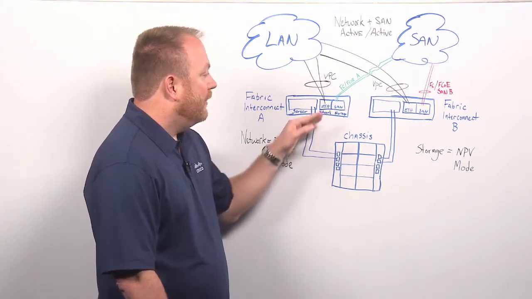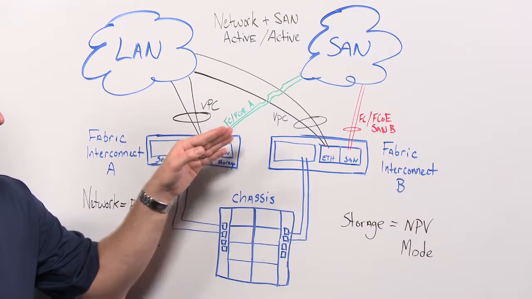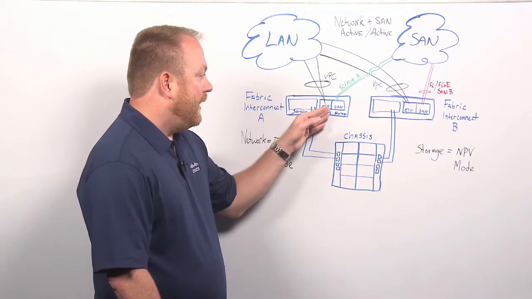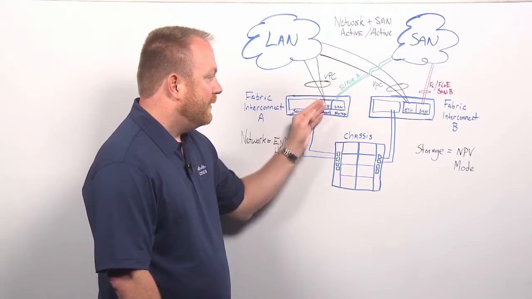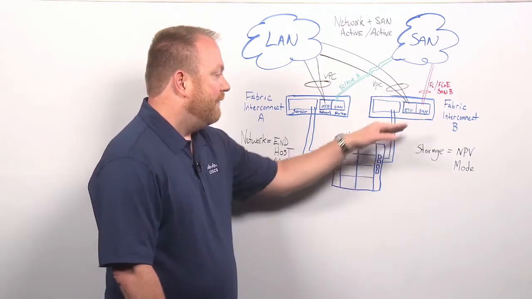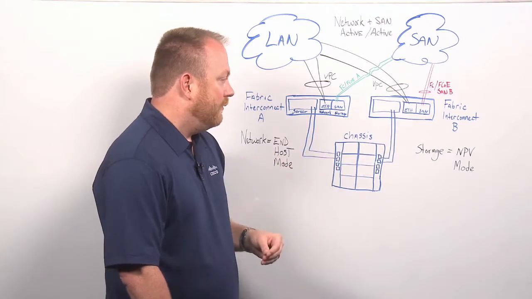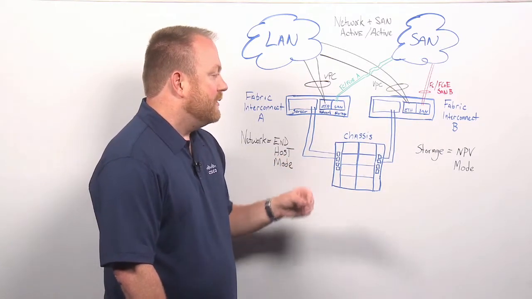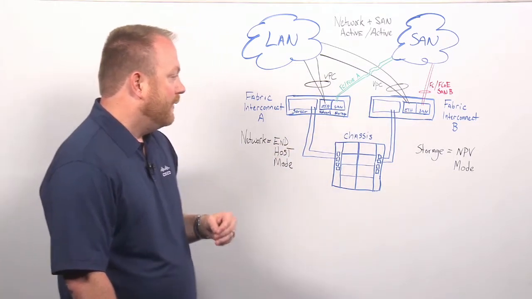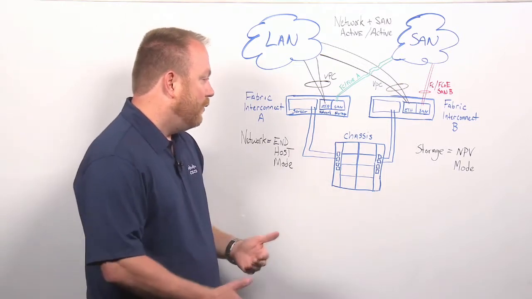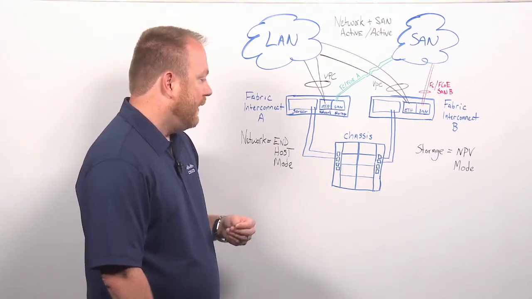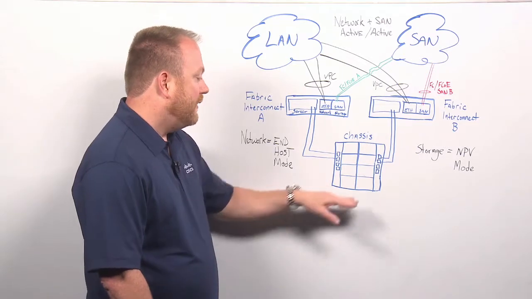So once again, I want to maintain my Fabric A or my SAN A and my SAN B paths for redundancy. So in this case, I would have Fabric A using Fiber Channel or FCoE to attach into my storage area network and use SAN path A, and I would have Fabric B, once again using Fiber Channel or Fiber Channel over Ethernet, attaching to SAN B, and I would have my completely redundant paths that never converge. And they would be active-active while they are both up, and in the event of a failure, one path would go down and I would fail over to the second path. And that's all controlled by the multipathing driver